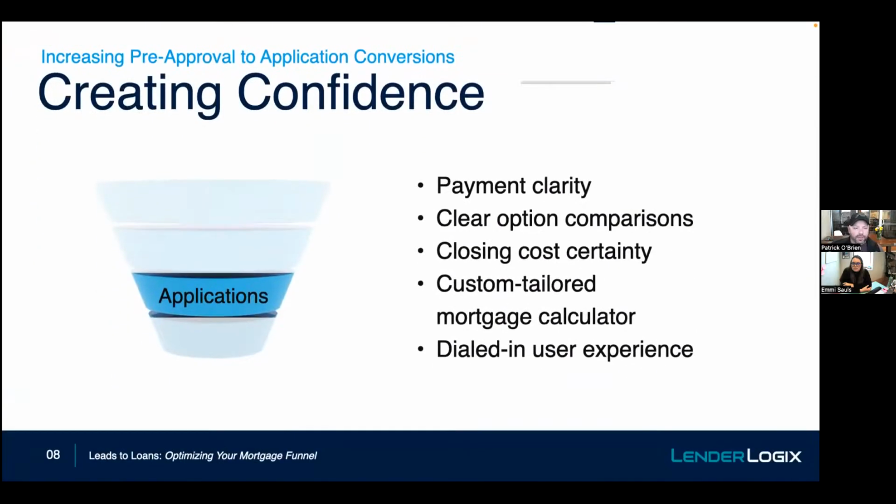This is kind of our sweet spot where we pay a lot of attention, and that is, once we've got those borrowers pre-qualified, what can we do to turn them into a loan application? Every borrower that we talk to and we pre-qualify does not end up financing a house with us, unfortunately. But what are the things we can do to increase those percentages?